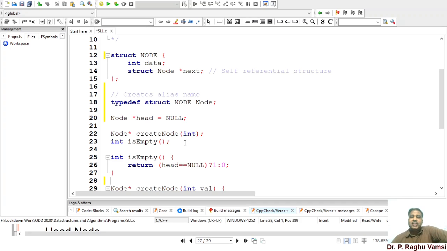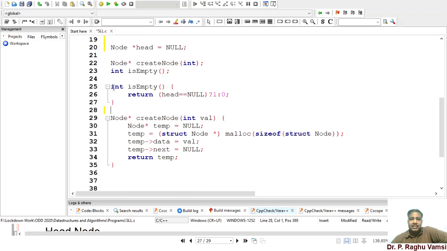So when can you say the list is empty? If the head is empty, the list is empty. So we are going to check it with is empty. Int is empty means return: if the head is equal to NULL, then return 1, otherwise return 0. This is the simple ternary operator, which will avoid the use of the if statement.